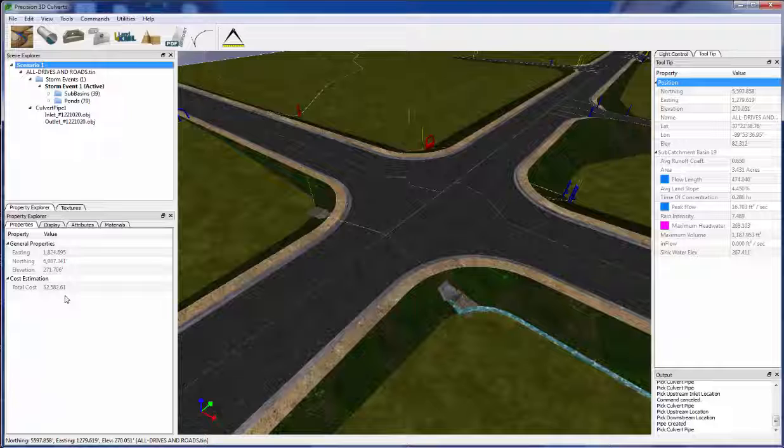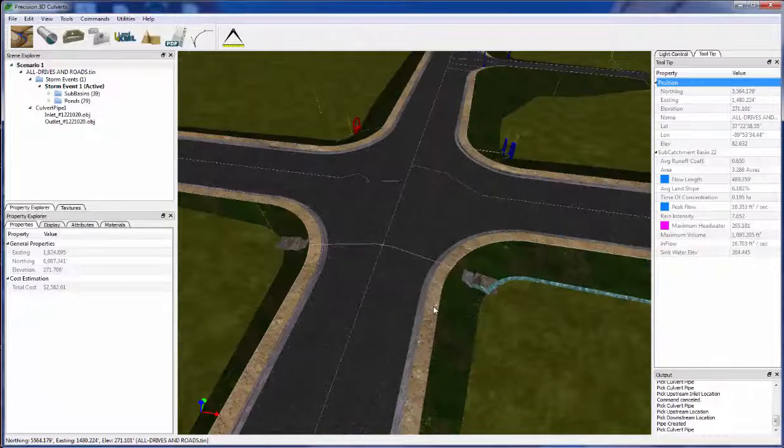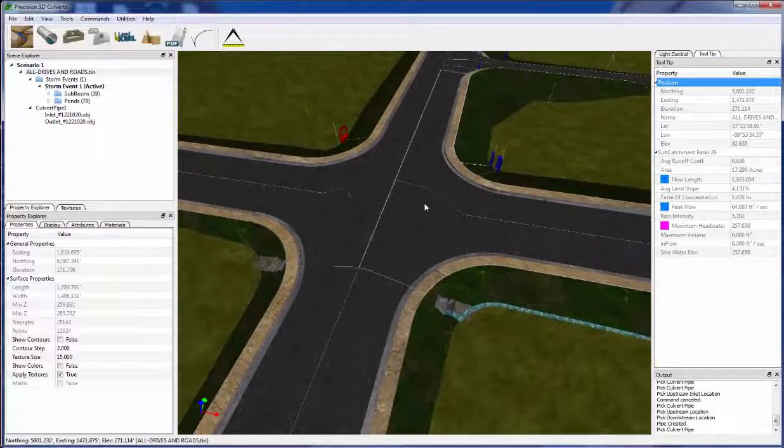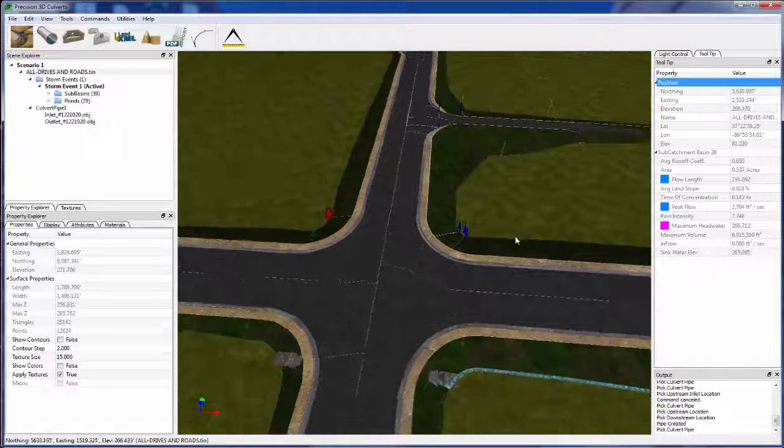And so what you can do is track this scenario total cost, and that total cost estimation basically is going through all the pipes and head walls in the scene, and it's telling me that it's going to cost $2,500 for materials. That certainly doesn't include the installation costs. But what's kind of nifty is we can come back here and we can quickly put in